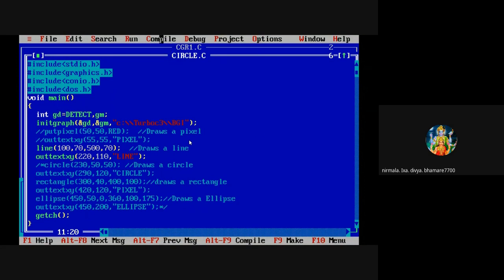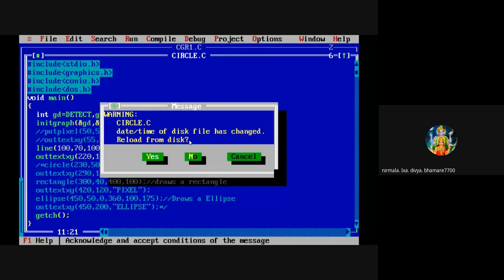Now, if I want to make this line a vertical line, what changes am I going to make? See, the line has become a vertical line.